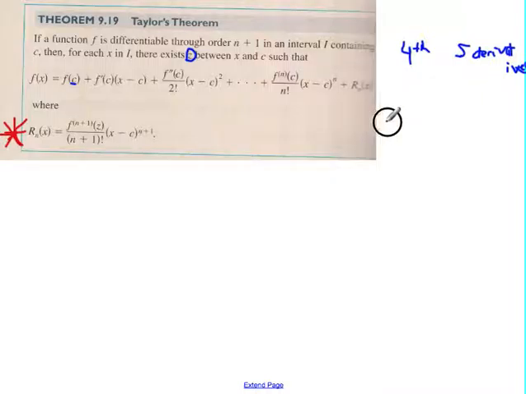So let's say you have an interval of convergence, and you've picked c equals 2, and your interval has a radius of 2, so it goes out to 4 and back to 0. And that's your interval of convergence from 0 to 4. Then this says for every x that's in that interval, whether your x is right here or wherever, there's this other value z between x and c, so there's some z right here,